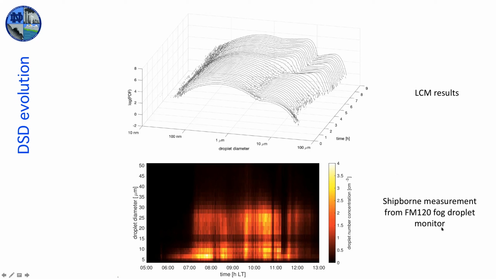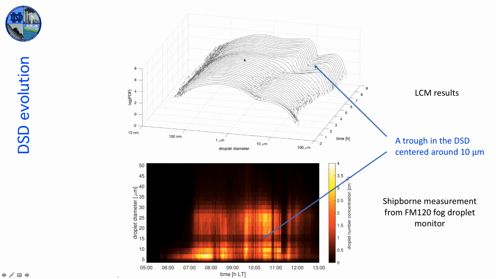If we actually take shipborne droplet measurements from the FN-120 droplet monitor on board the ship, what we see is there's actually a trough, right? There's actually a bimodal distribution seen from the ship. So we have a peak here and a peak here. So this is a peak somewhere between 5 and 10 microns. We have another peak around 20 or 25 microns with a trough, which is actually located in almost the same